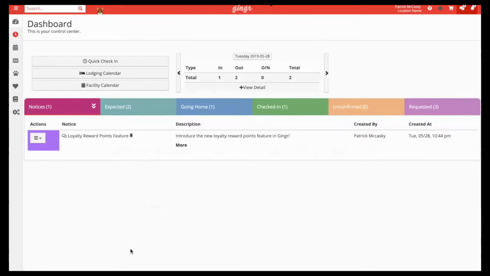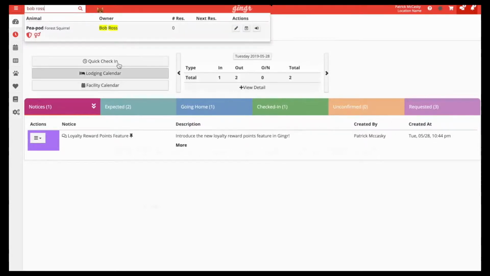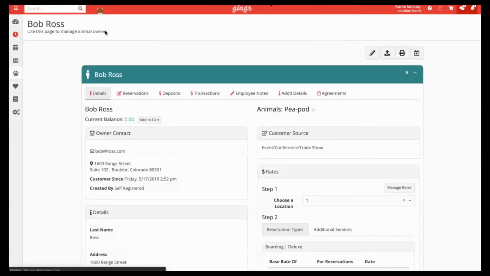In our example, let's just search for Bob Ross. Bob is a longtime customer of ours in this example and has been coming in with Peapod for a while. In our example, Bob has 275 points in our old system that we need to migrate over to Gingr. To complete this migration for Bob's account, we just simply need to search for his account to pull it up. Then find the Reward Points section